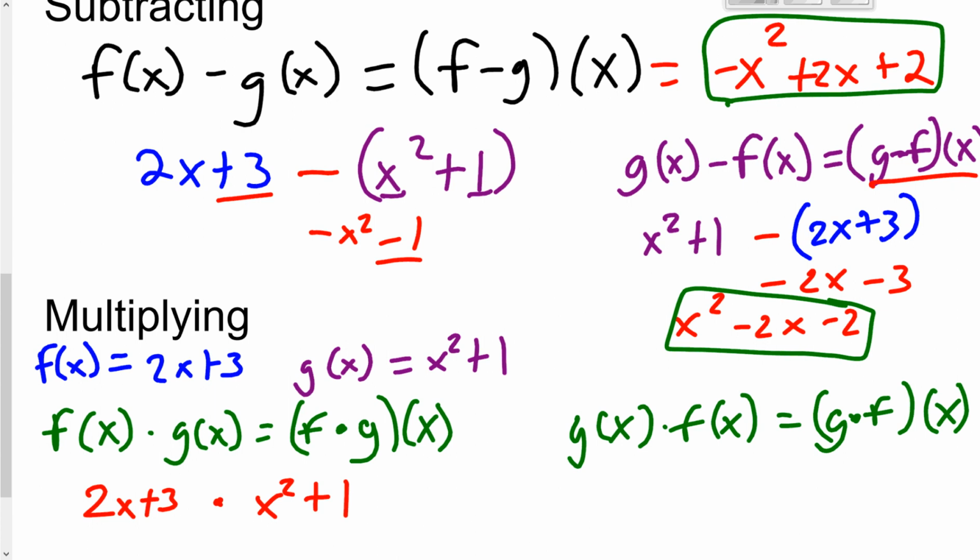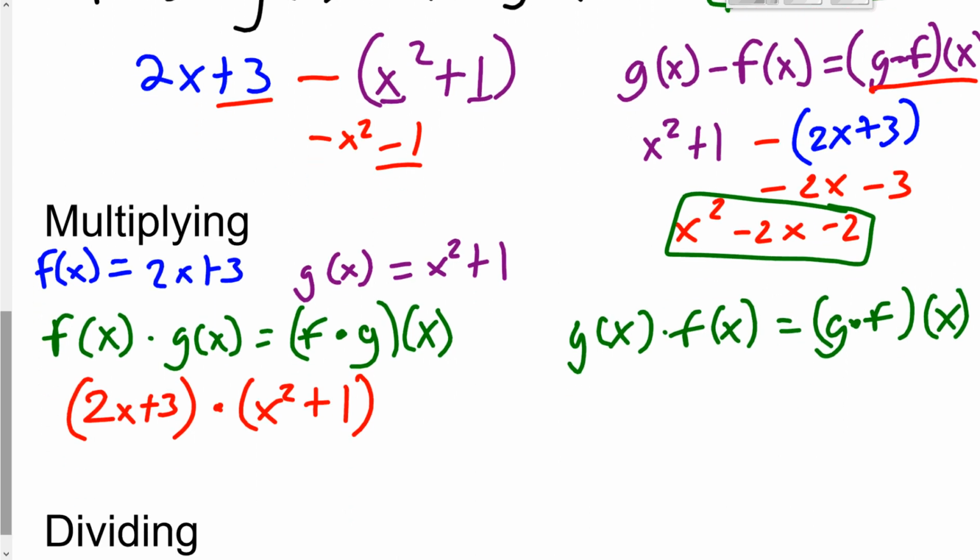So I am taking a binomial times a binomial. That's why I should put parentheses here, right? Because I'm multiplying both of those. I'm not multiplying just 3 and x squared. I'm multiplying those two functions. So I'm multiplying 2x plus 3 times the quantity x squared plus 1. So you can FOIL that out,